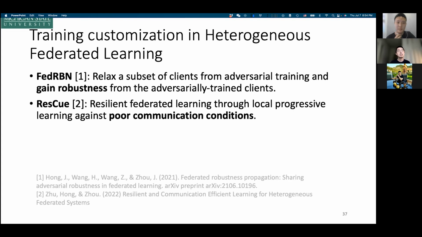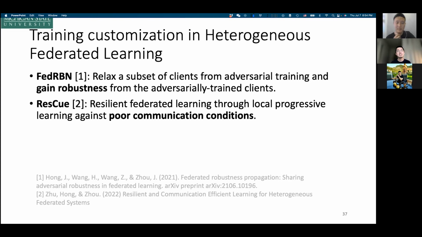And if we assume that you have an auxiliary dataset in the cloud, probably not distributionally similar to the clients, you can also leverage the idea of FedRBN to transfer the robustness from one domain to another domain. Because in this case, you can simply treat the server as a special client. I mean, you just do some training there, right? Yeah, I see. FedRBN totally works.